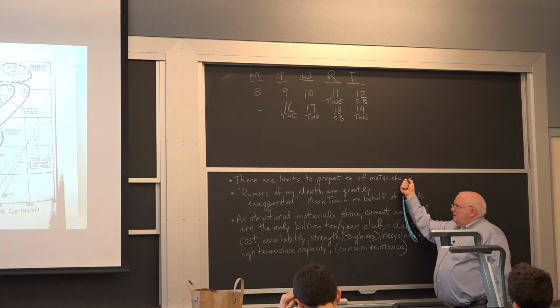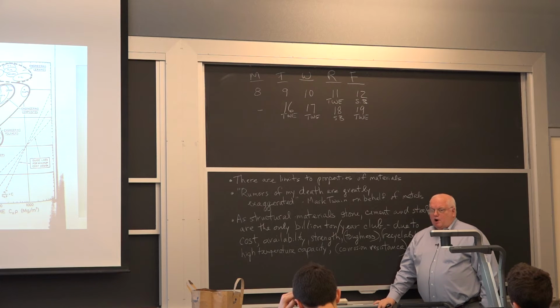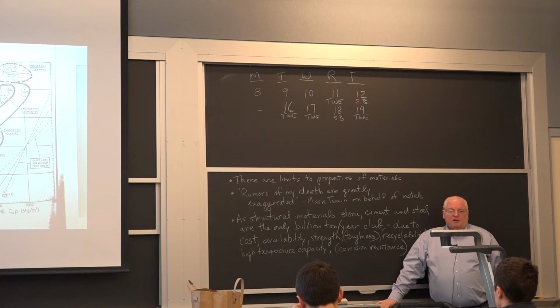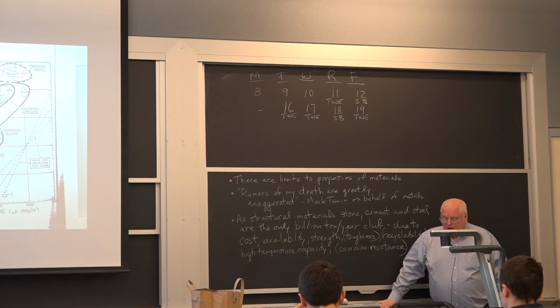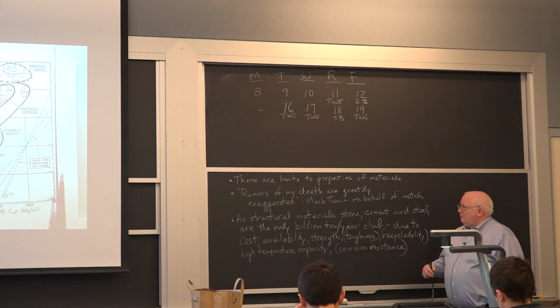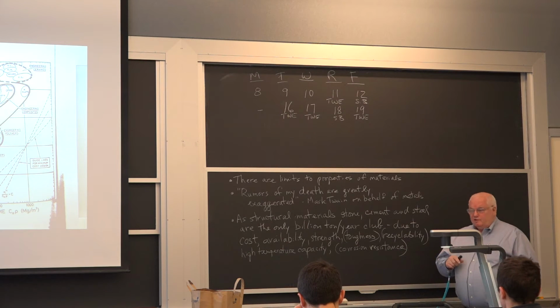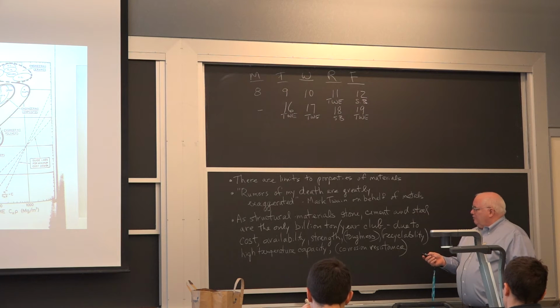Last time we talked about the physical limits to materials properties, basically based on the bond strength of the atoms. I talked about mechanical strength, but also melting temperature, and the highest bond strengths we have are about 3 electron volts per atom, which is around 250,000 joules per mole or something like that. You can work out electron volts per atom to joules per mole. All you have to do is multiply by Avogadro's number, and convert from electron volts to joules.